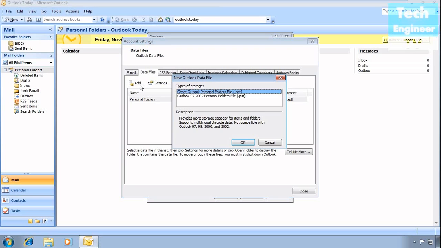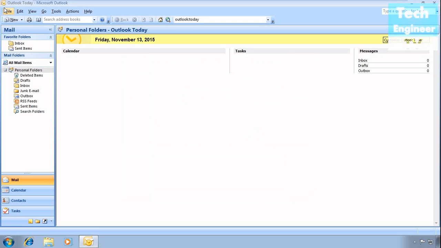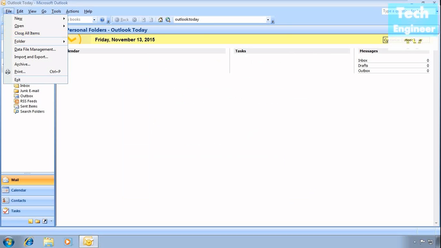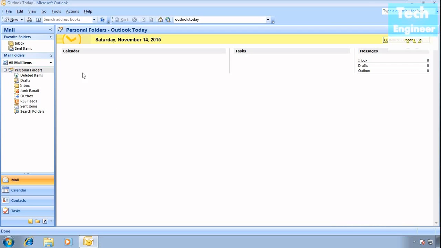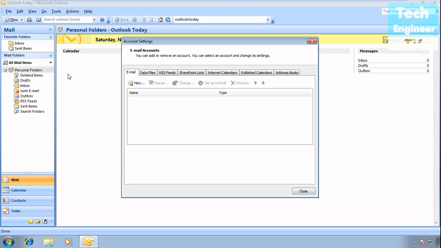And even the backup, if we want to save the backup, we need to close the program. So it's up to you whatever you want to access. But currently we're going to configure the email address in Outlook 2007. So we go to Tools and Account Settings, and in Email, the first option there,